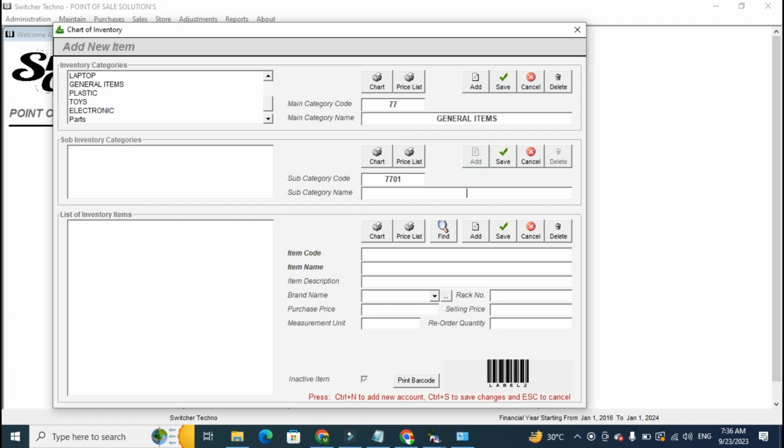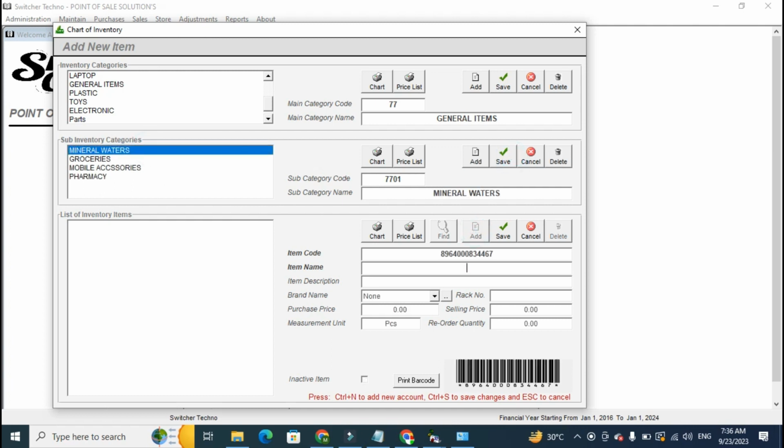So I'm going to add, like, I have mineral waters, and another options I have groceries, I have mobile accessories. Whatever the categories you have to add multiple categories here. And pharmacy. So now in mineral water I'm going to add a Nestle mineral